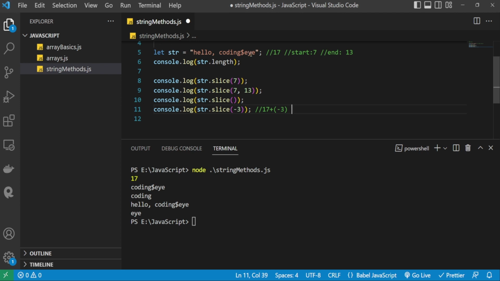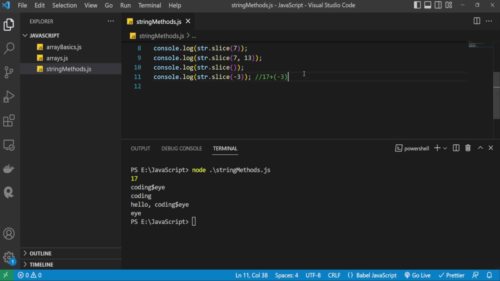14, 15, 16, 17 like that. See that we have printed it onto the terminal. This is the one scenario. Here we have another scenario, that is